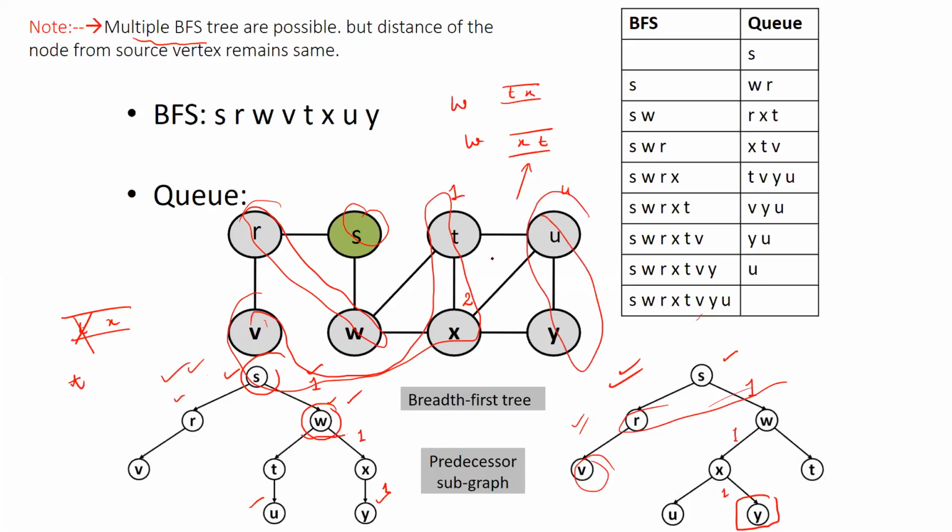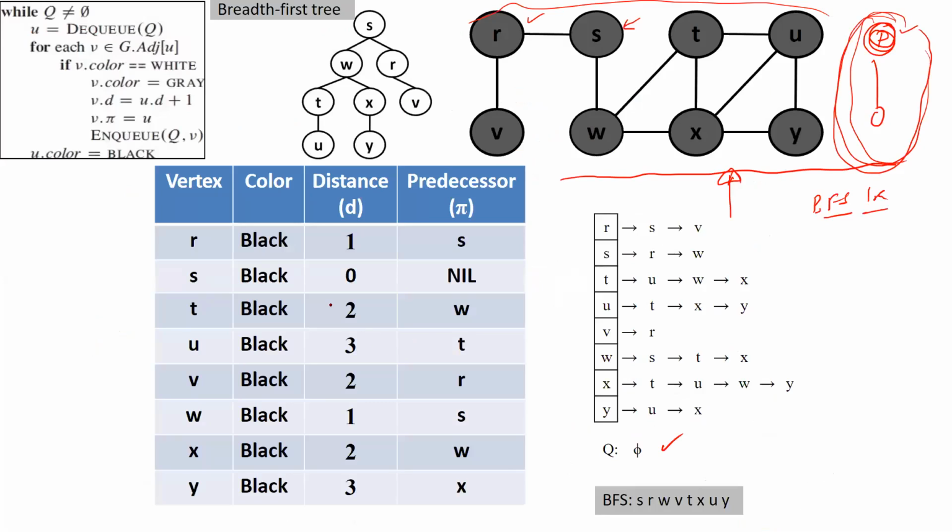V कहाँ है दिखता है, V, X और T ये 2 यूनिट डिस्टेंस के सारे वैल्यूज हैं। U और Y ये 3 यूनिट डिस्टेंस हैं S से। तो इस ट्री से आपको पता चलता है कितने यूनिट डिस्टेंस है, तो शॉर्टेस्ट डिस्टेंस निकालो सोर्स वर्टेक्स से सभी नोड का। तो डिस्टेंस इम्प्लिसिटली यहाँ से निकल रहा है, ये देखो, this is the metric which is being used level wise, कौन कौन सी लेवल में कितनी कितनी डिस्टेंस है। स्टार्टिंग वर्टेक्स है S। तो ये डिस्टेंस आपको पूछ रहे हैं इस क्वेश्चन में।